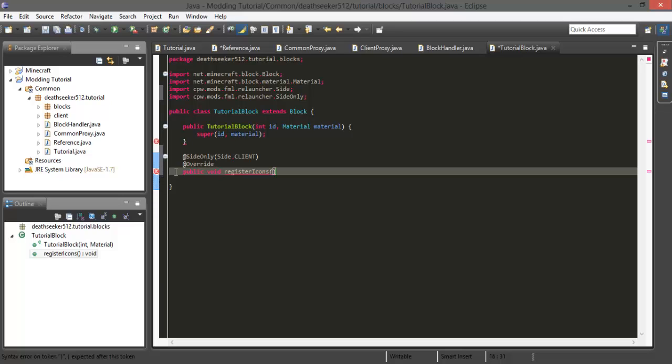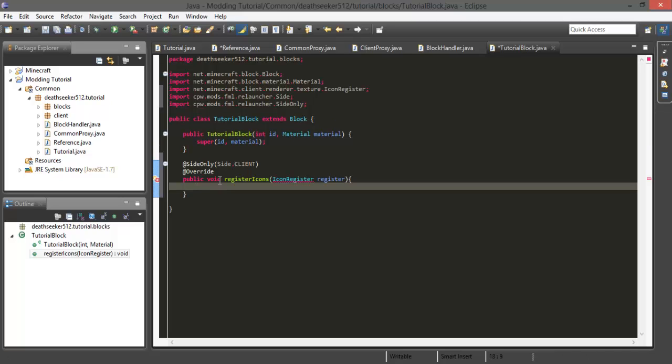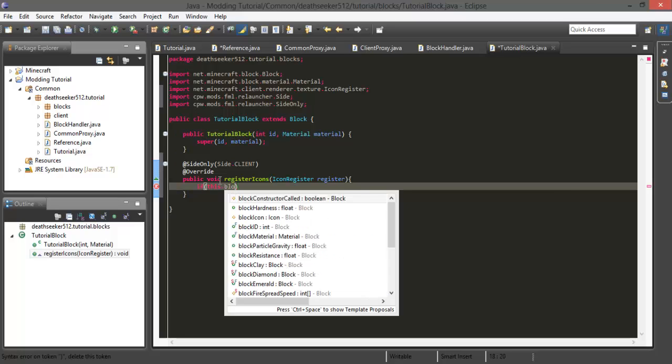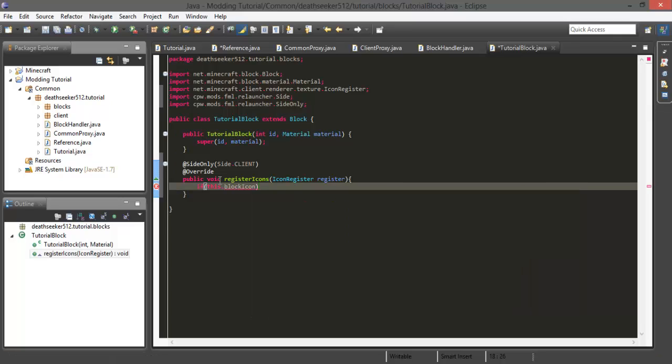Okay, and then icon register, then import that as well. And then if this.blockIcon is equal to null, which means if the block icon isn't there, it's not existent, then we are going to